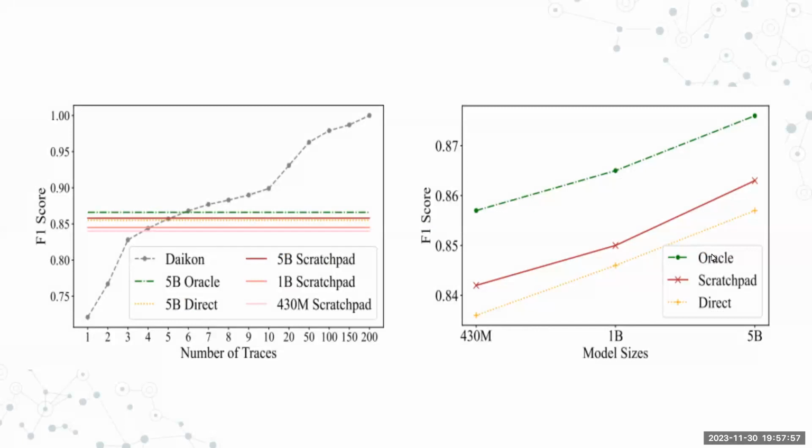Moving to the next slide, we have these two figures. Let us discuss the first figure, where we assess the quality of the predicted invariants. We compared our language models with Daikon in terms of invariant generation performance. Our approach outperformed Daikon when only a small number of traces were available, showcasing the static nature and efficiency of